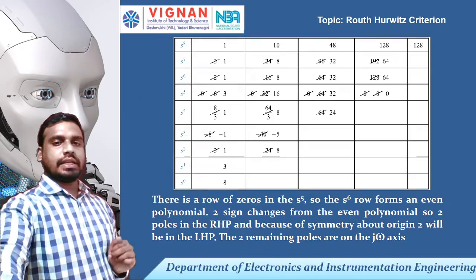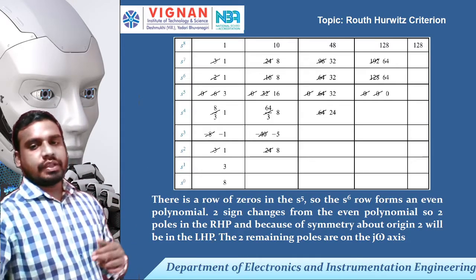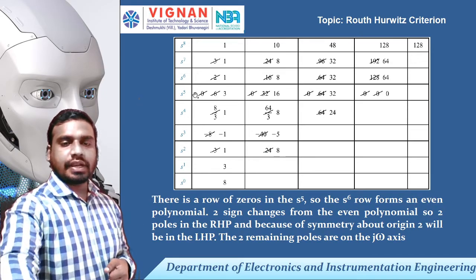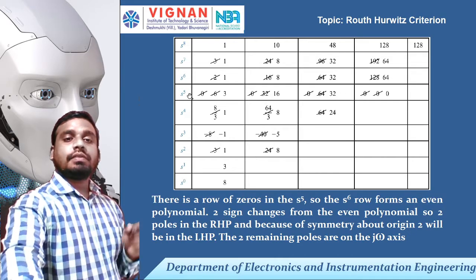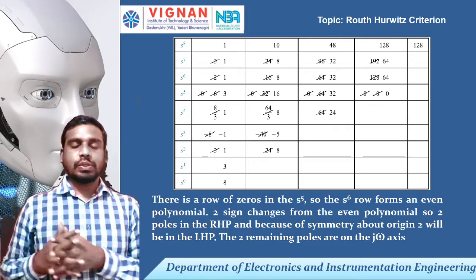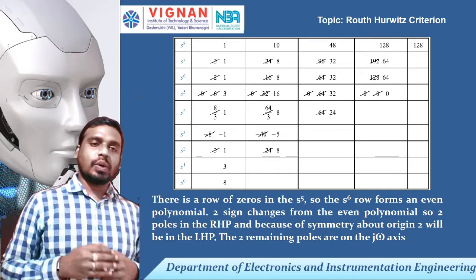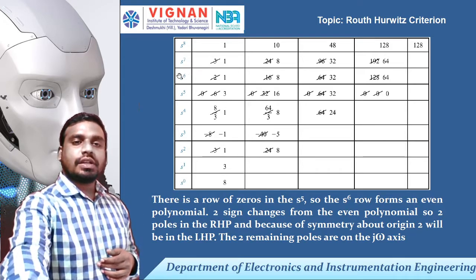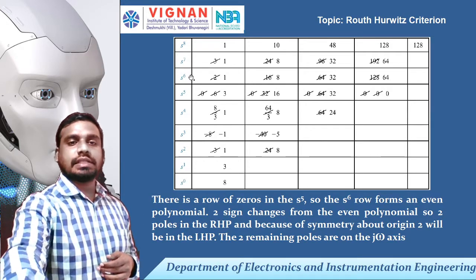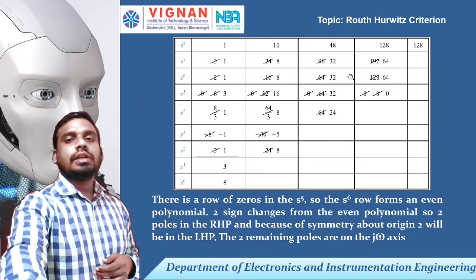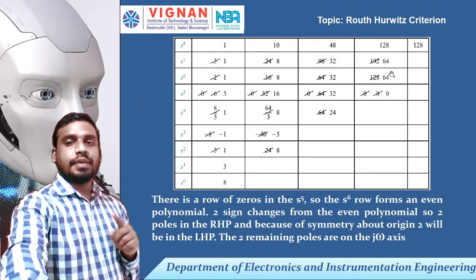Similarly, another example here. Whatever we followed before, we can apply the same way here. Actually, you can see where we are getting zero here. All the zeros we are getting at s power 5. That is, the fourth row we are getting all the elements as zero. Once you get that, what is the auxiliary polynomial? The equation we can write for s power 6: s power 6, 8 s power 4, 32 s square plus 64.